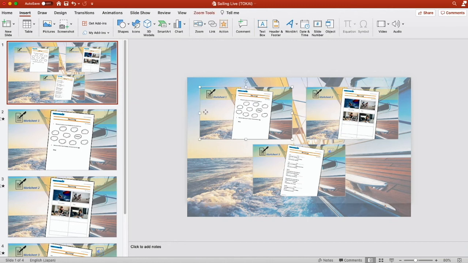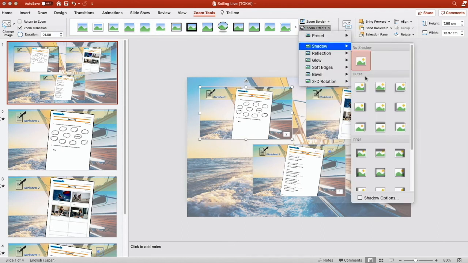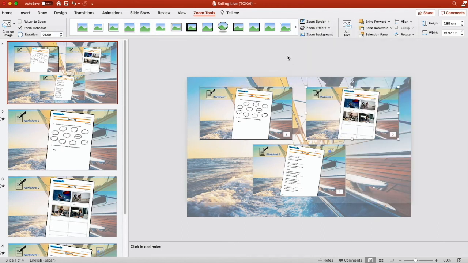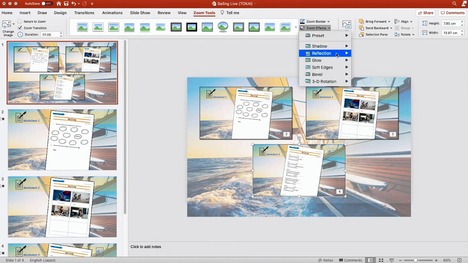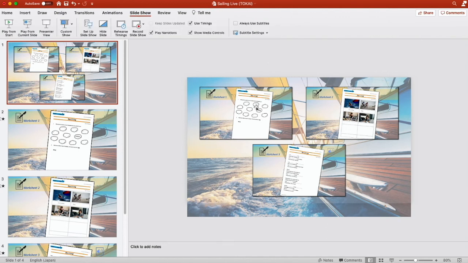And you can edit each slide as well. There's the zoom tools, and you can put a border on it. Let's have a border and a shadow just to give it a bit of relief. Do the same with this one, and the border, black border and shadow. There we go. Okay, now something important is you also want to make sure that you've selected this checkbox, return